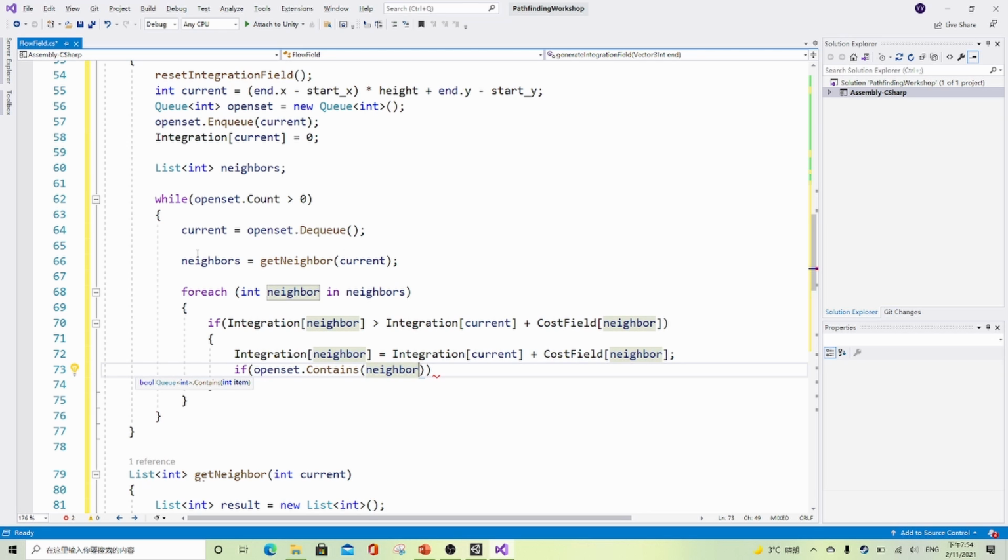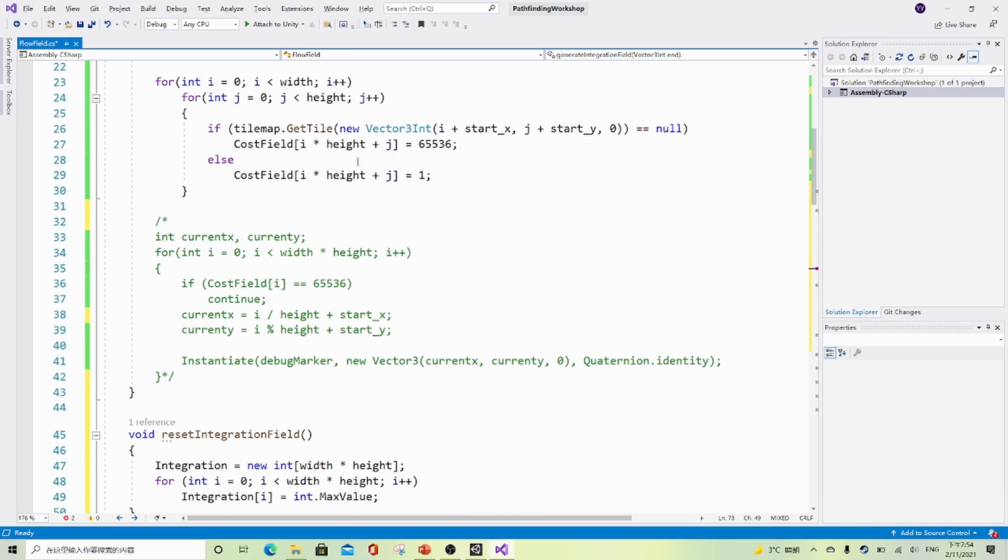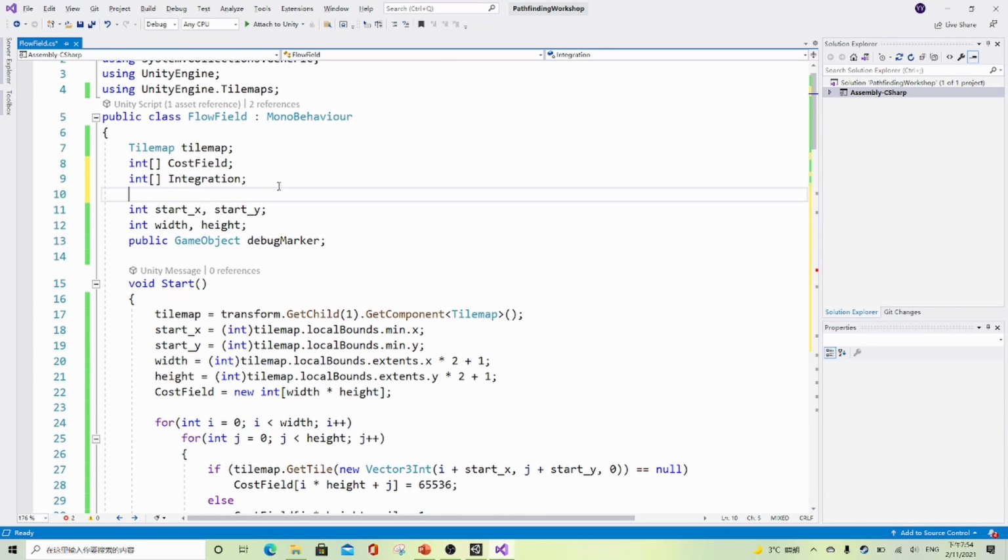The queue has a search method called contain, however contain is really slow, because what contain does is search all the values in the queue and see if any is equal to the given variable. If it is equal, it returns true. If there's no match, it returns false. You can see this method is very slow. But right now we know the total amount of variables we're gonna have, so what we can do is have another